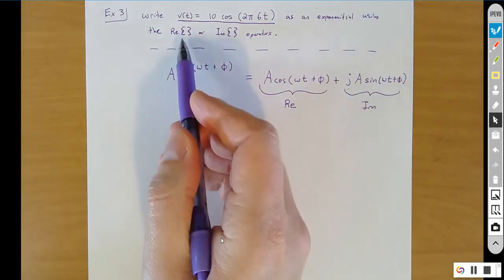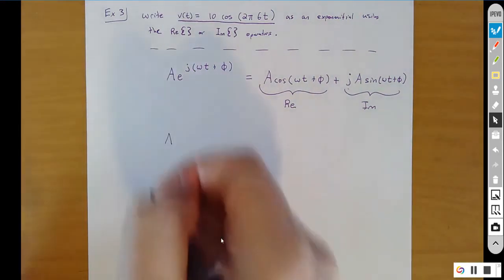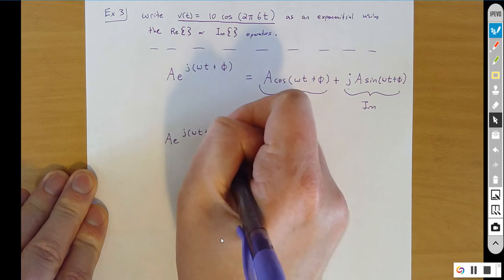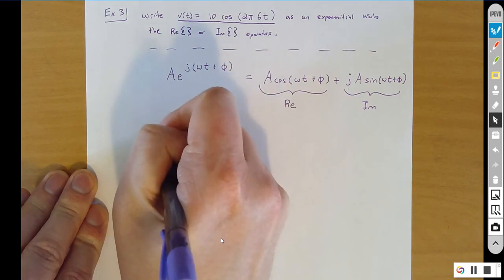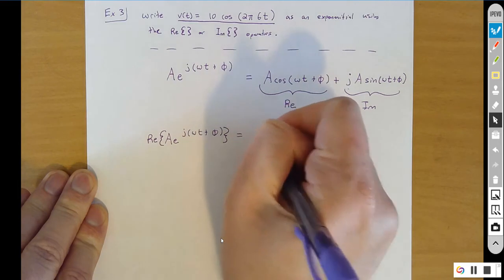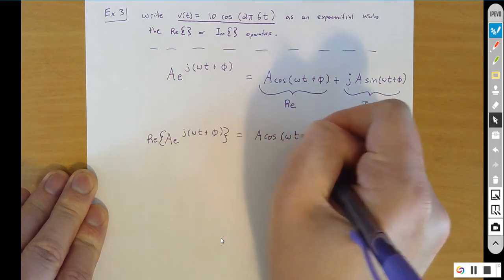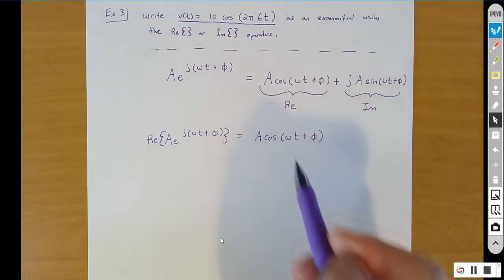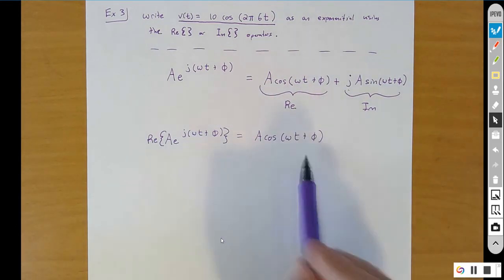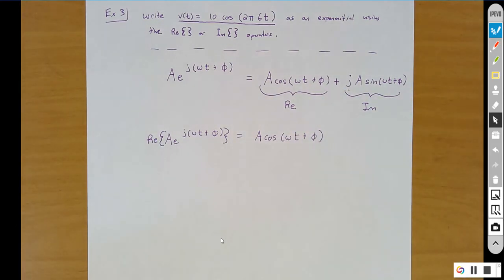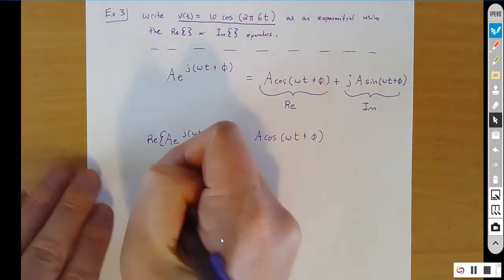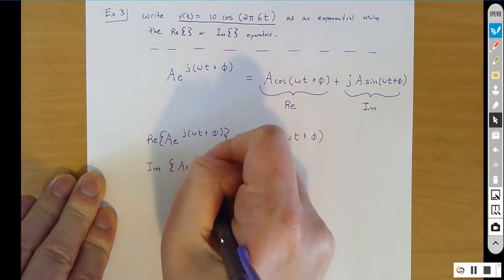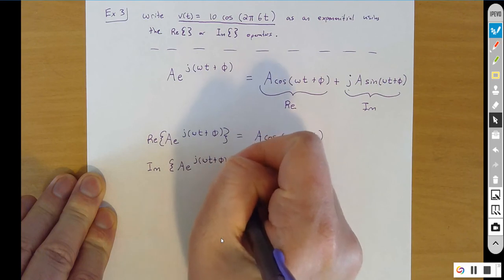These operators, so the real operator: if I took my a e to the j omega t plus phi and said just return the real part, then I would just get a cosine omega t plus phi. You can think of these operators kind of like absolute value operators. So they're going to modify what it returns. So instead of returning the entire thing, it just returns the real part of it. The imaginary operator does what you think it does. So again, if I say, imaginary operator, act on a e to the j omega t plus phi, well then that is just going to return